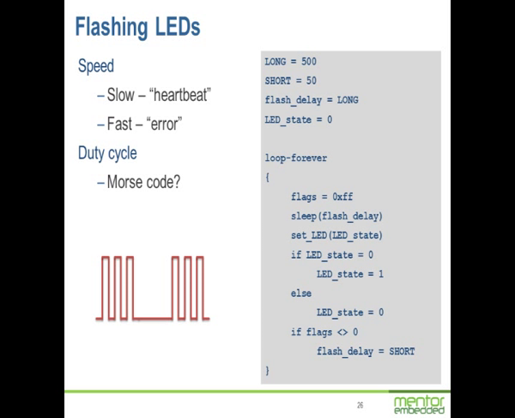A friend of mine who was a radio amateur suggested that maybe we should use Morse code, and therefore we could flash the LED to communicate long, complex messages. But I think she needs to get out more. How many people can read Morse code beyond SOS? Well, probably not many people outside this room, and not many people in it either. But the idea of using different duty cycles to flash the LED, perhaps flash, flash, flash, stop means one error, whereas flash, flash, stop means something else. So you can communicate quite a lot of information with LEDs, but broadly speaking, a heartbeat versus a fast flash is as good as most people want.